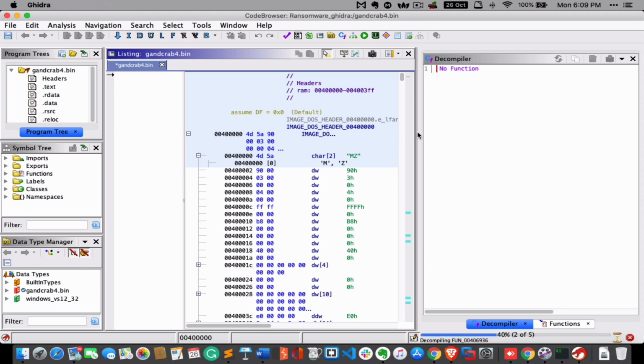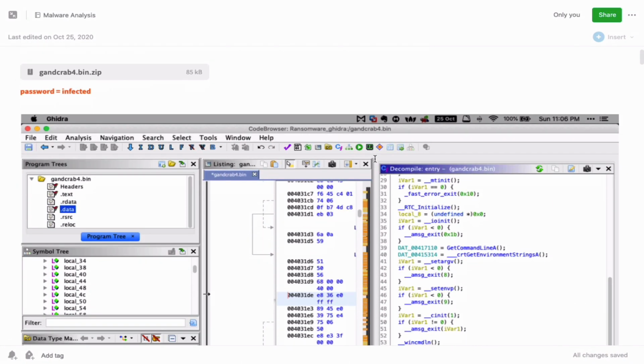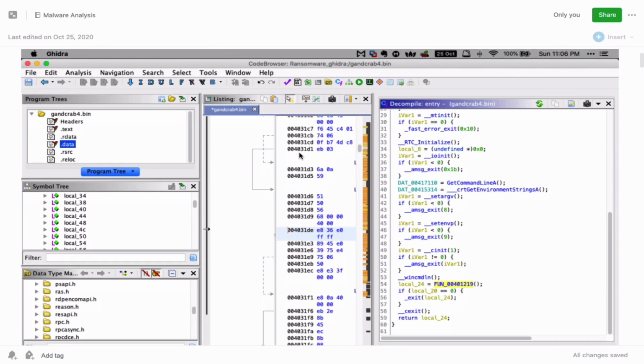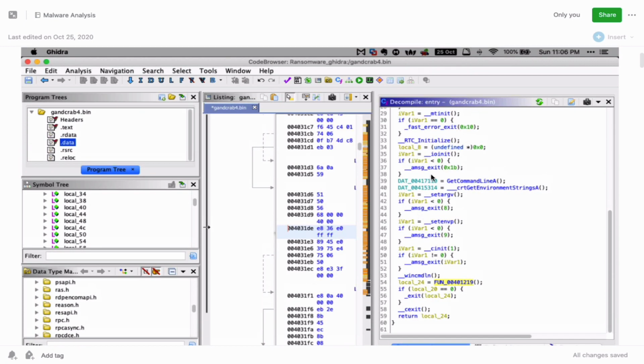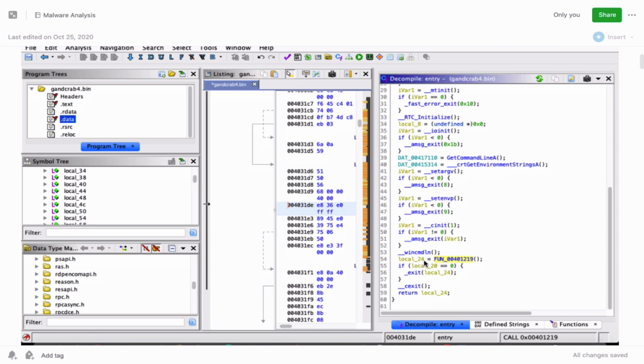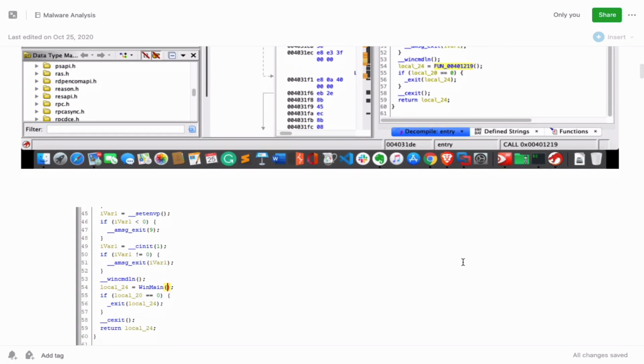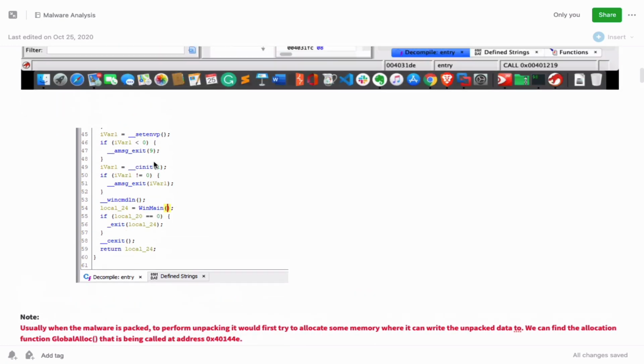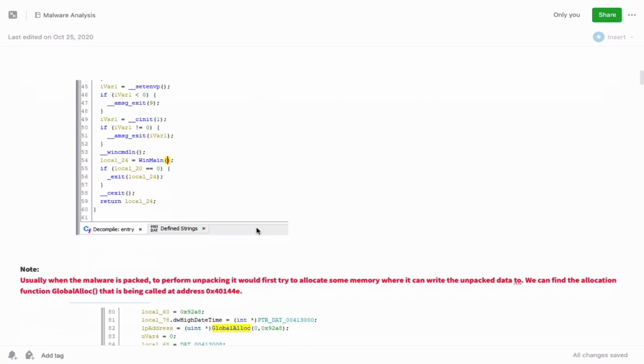In the meantime, we'll save time and go to the presentation. Here, you can see this is a screenshot. I have to go to the entry point, and this is a function. You can see clearly local 24 under this win cmdln. This is local 24, and this is a function. It's called to this function. And here I simply renamed it to the WinMain function.